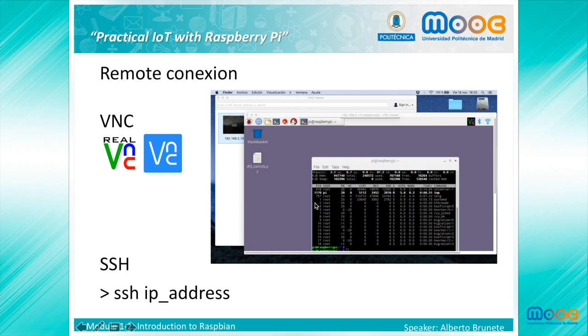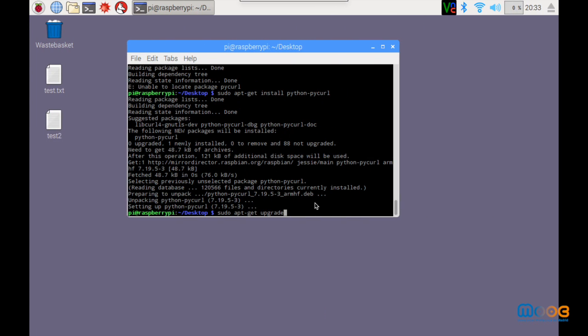Okay, next thing is how to connect remotely to the Raspberry. This is one of the most useful things in this lesson. In order to use the Raspberry Pi, you need a screen, a keyboard, and a mouse. But since we are using the Pi for embedded applications, these are not always available because you could have the Raspberry in a remote location. For that purpose, we can have the Pi running somewhere and connect to it through a remote connection. We'll see two options, SSH and VNC. Using SSH is very simple, but sometimes we have to enable it first. Let's see how to do it.